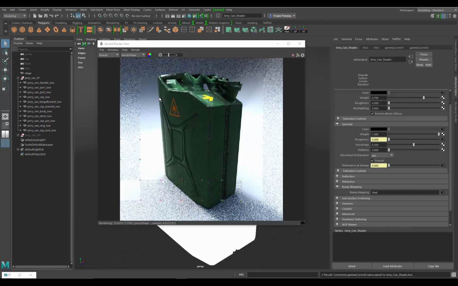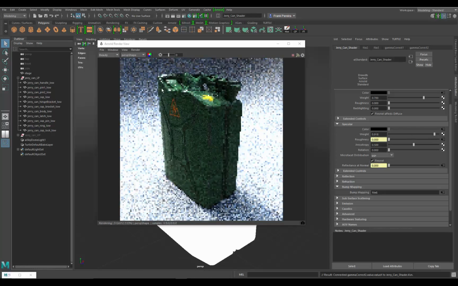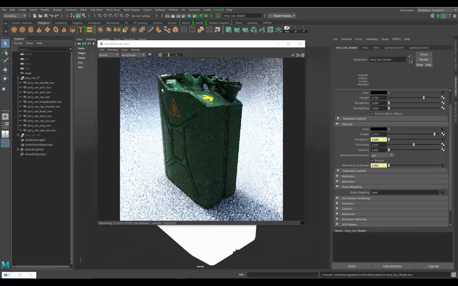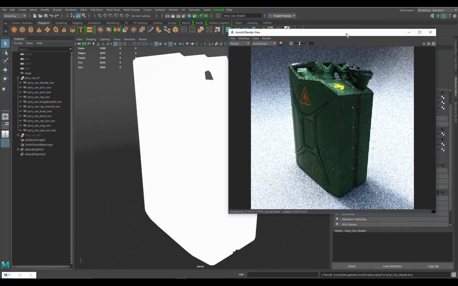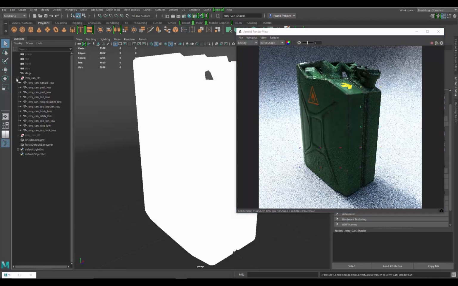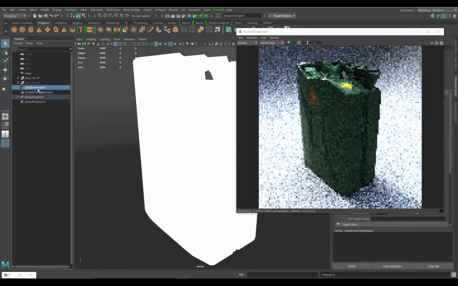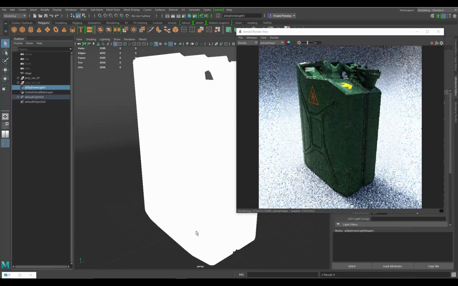If you think the reflection is still a little too strong, you can always go back and bring the weight down a little bit if you think it's a little too much. That's not a problem. So that's how you're able to dial in the specular. Now there is something else that I'm noticing. Let's actually move this over, and if I go over here and select my sky dome light and